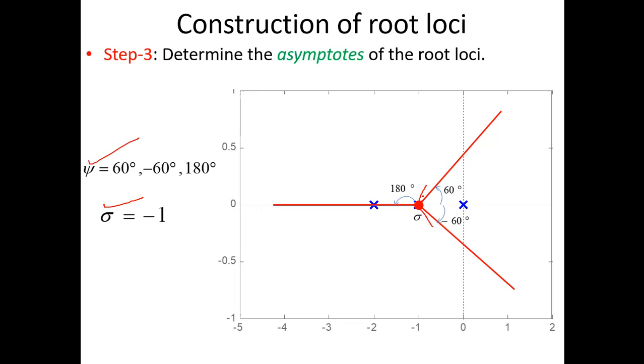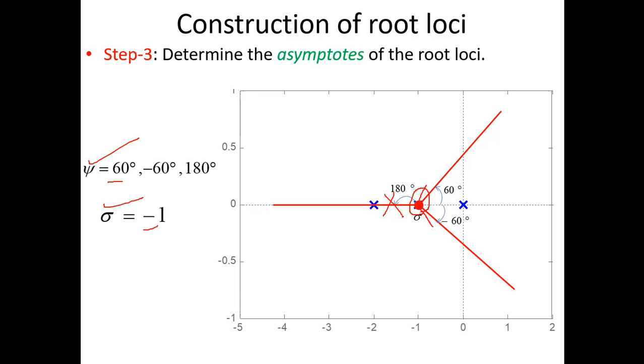You can see that the centroid of asymptotes is denoted by sigma, and the value is basically -1. And there were three angles: 60, minus 60, and 180. It doesn't mean that at 180 degrees the poles will be shifting over here, because this will not be part of it. We have also discussed that you have to make sure that the angle